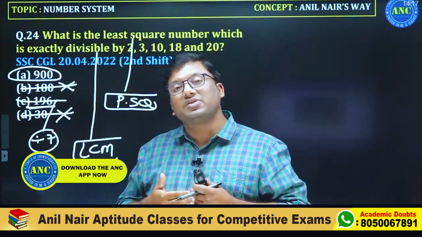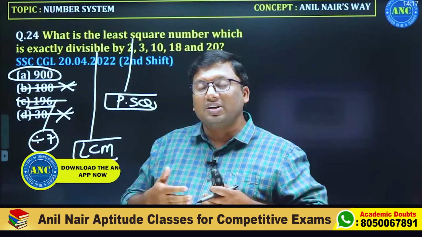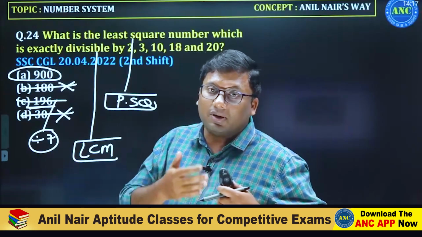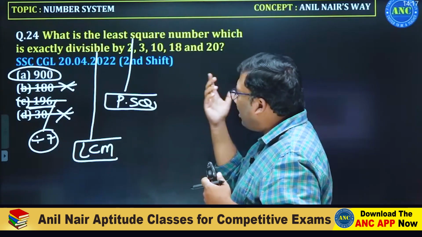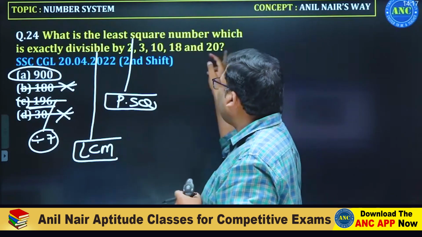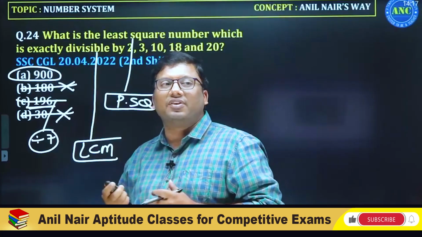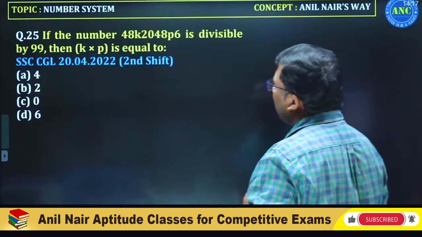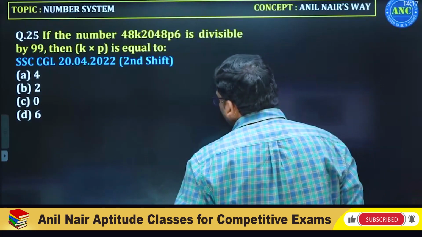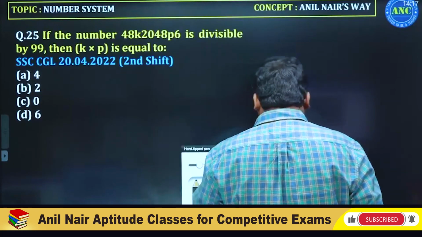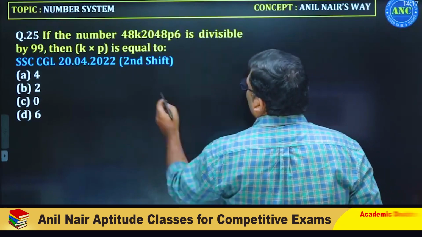If the answer is divisible by 7, at least one input number should be divisible by 7. None of the numbers is divisible by 7. This is a very logical way of solving this question. Now if you see,